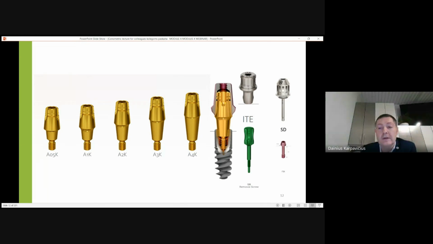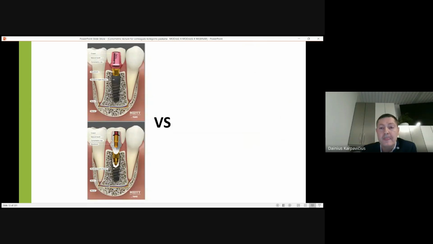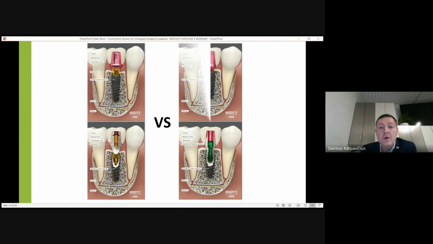But while we are using this crown remover SR, it's very easy. 2, 4, 5 Newton centimeters, and your conometric crown comes off the connection. So schematically, here you can see the differences between our regular daily principles of prosthetic treatment while we're using